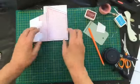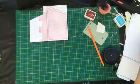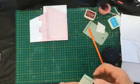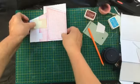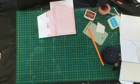Right, so I'll leave that there like that, and then you can take your smaller tag, see if I can find a template for it. I had them all laid out earlier, and now I'm in a real mess. Okay, so you can get your smaller tag. That one is fine. I don't know if you can see that. And then we'll get the blue paper,